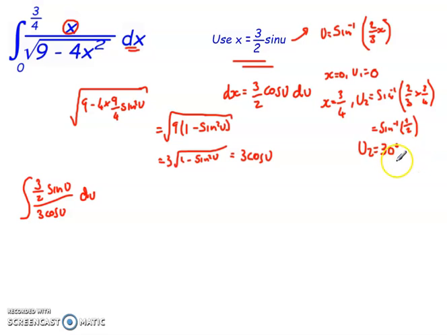Now, we're going to work in radians in this question. So instead of 30 degrees, what I'm going to represent this as is pi by 6. So I've got my new limits from my integral here. I've got the limit 0 to pi over 6. If I simplify what's in here now, I've got 3 over 2 divided by 3. So what that'll then give me is a half, but I'll put that out the front, times the integral from 0 to pi over 6 of sine u over cos u. So it's tan u